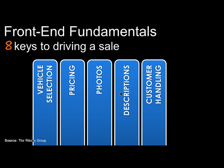So the 5 areas we're going to focus on today are vehicle selection, pricing, photos, descriptions, and customer handling. As you probably know by now, Conquest was built to provide dealers the opportunity to stock the right cars, offer better prices, and then provide a better, more transparent customer experience. Well, today, we're going to investigate what the data says about those relationships, the relationships between those fundamentals, online shopper